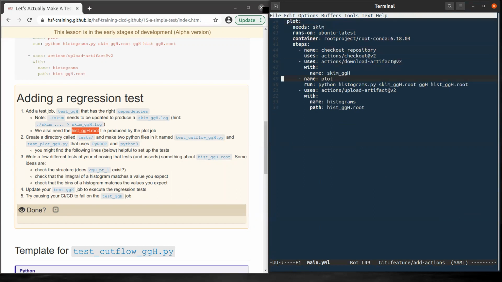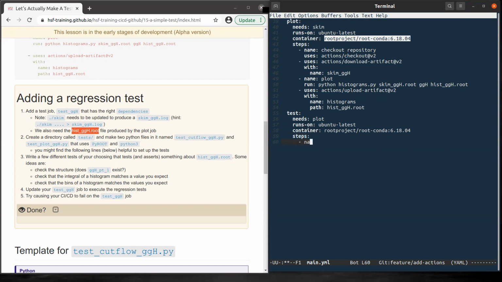So we are asked to put test here, which needs to run after plot, and then runs on Ubuntu latest as before, and we can still use the image, the ROOT project one here. And then we need steps.